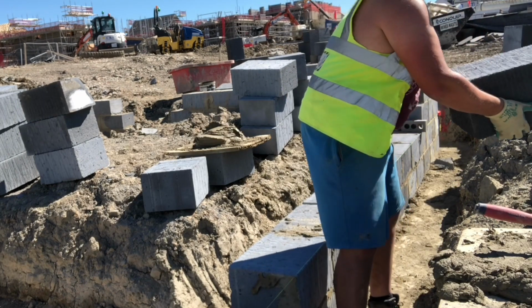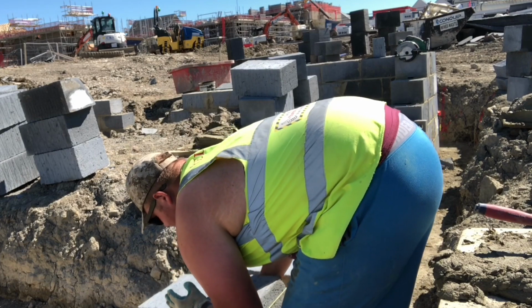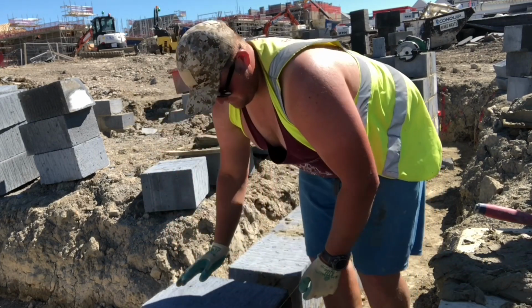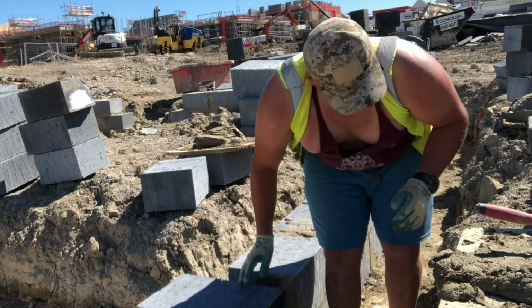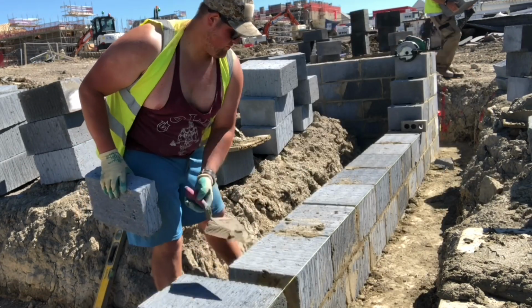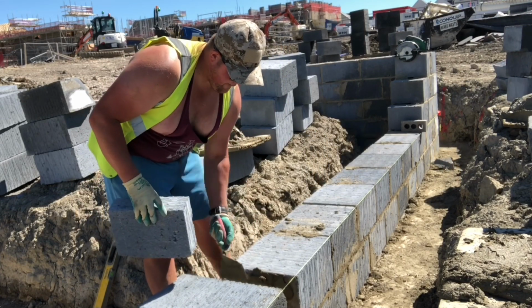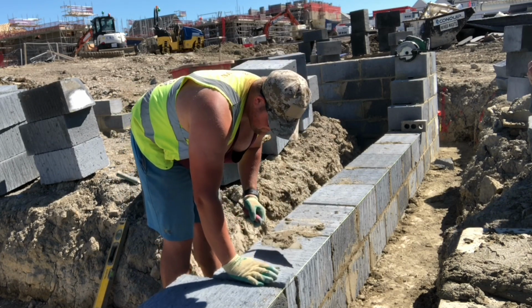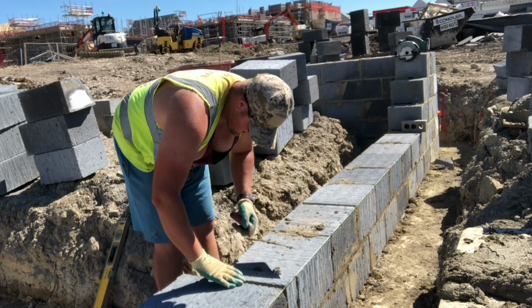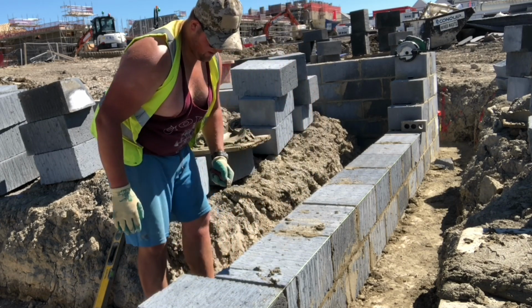The one day that we did that, I laid 170. I wasn't really killing myself, but my old man was. So it's very labour intensive, so definitely couldn't do this on your own. I worked 2 days on my own on these. I managed to lay about 120, 130 blocks on each of those days, and that was some going. So even if you lay 130 blocks on your own, you're still making good money really, but it's just a